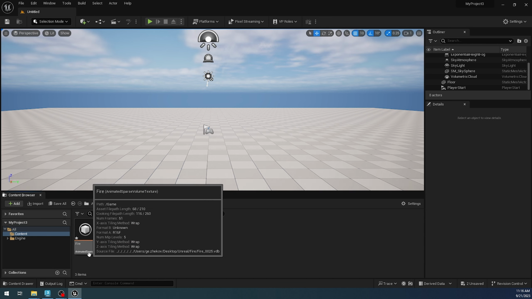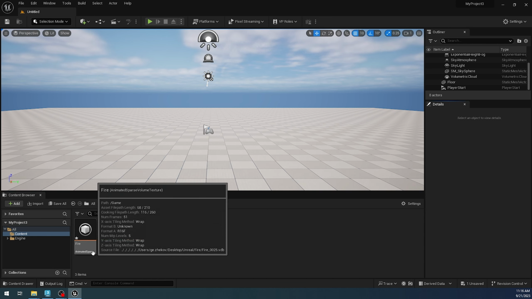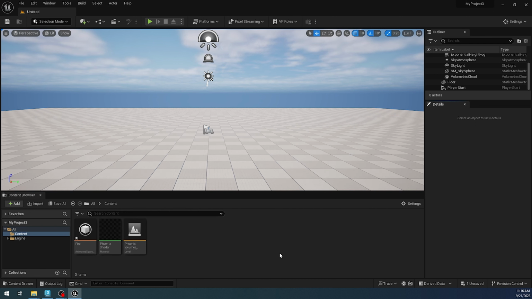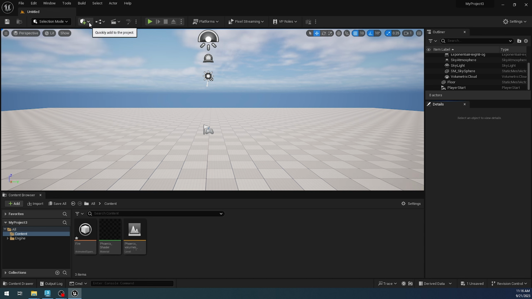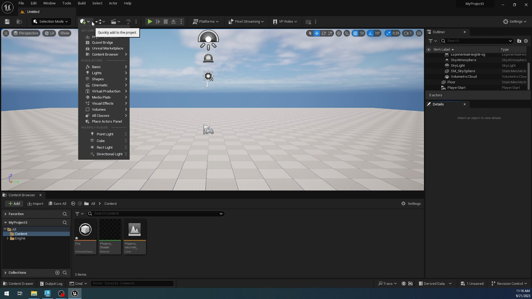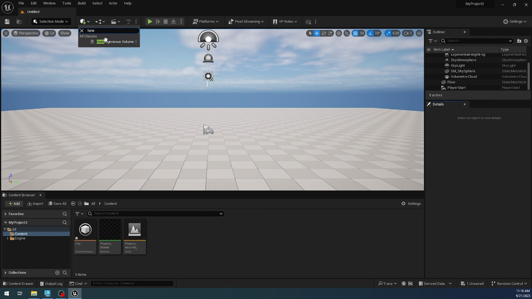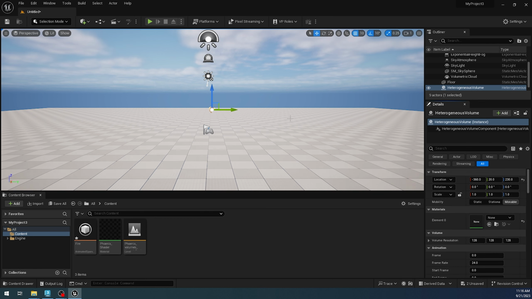This will create this animated sparse volume texture in here. And now, in order to be able to render it, we need a node that's called heterogeneous volume actor. So what I can do to create it is I can click on the plus sign and let's start typing. And in here we have the heterogeneous volume. I will add it to my scene. And then we need to